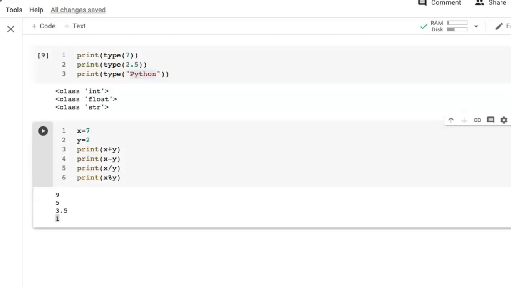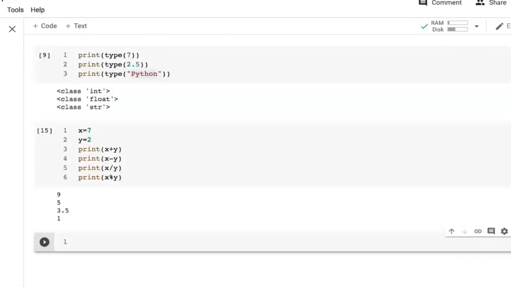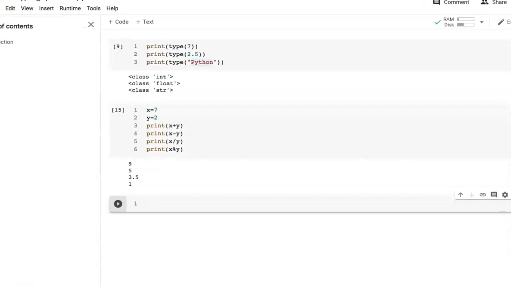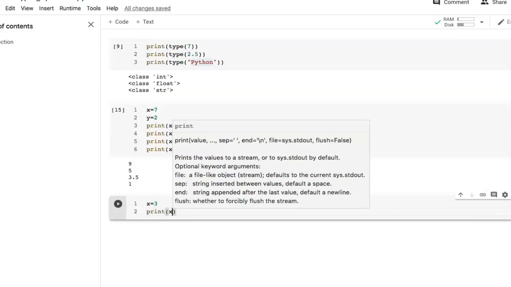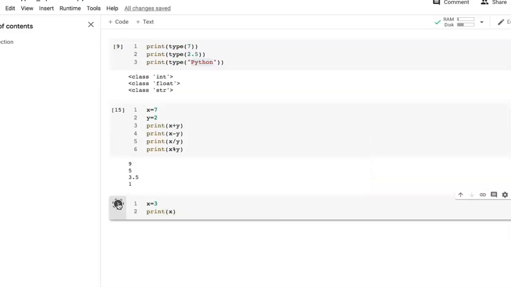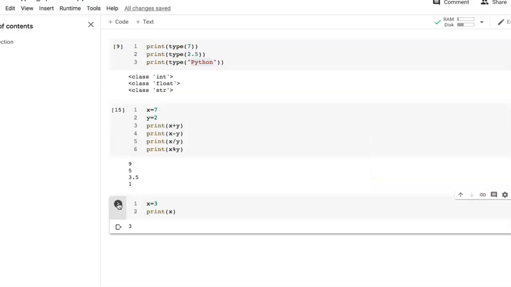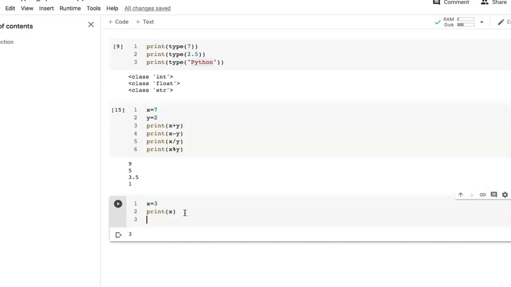Now let's take another code cell, and here we'll try the assignment operators. First take a variable x and assign value 3 and print it. So we got the output, that is 3. Now we'll try the assignment operator plus equal.